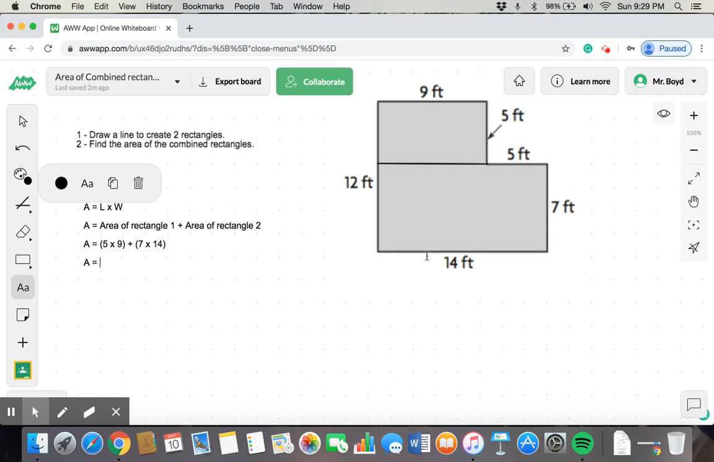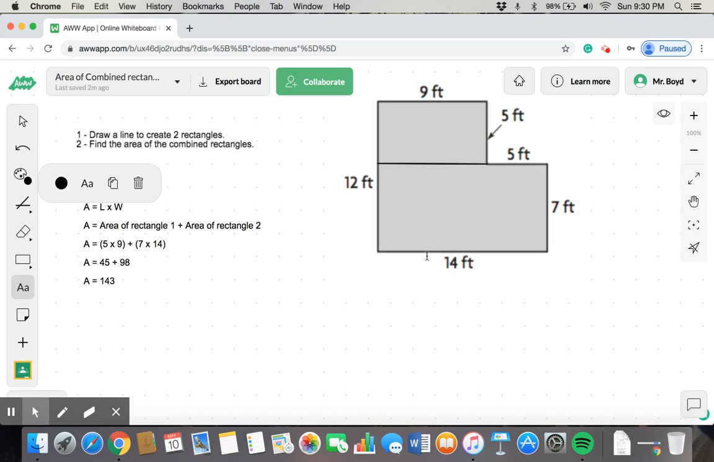We know 5 times 9 is 45. The area of rectangle 1 is 45. I will then add that to the area of rectangle 2, which is 7 times 14. That will give me 98. Now I will add the two areas together. So 45 plus 98 will equal